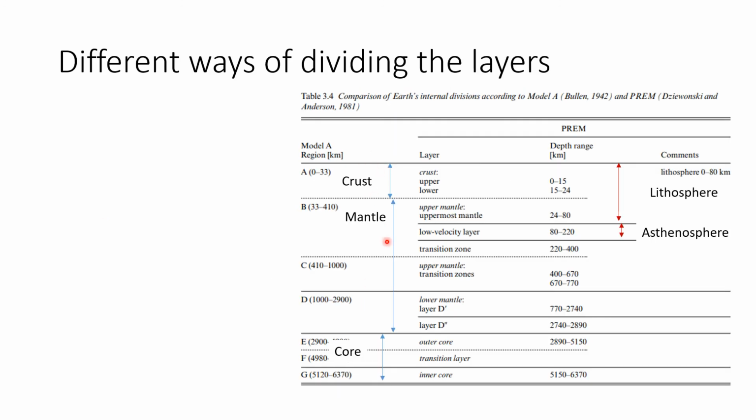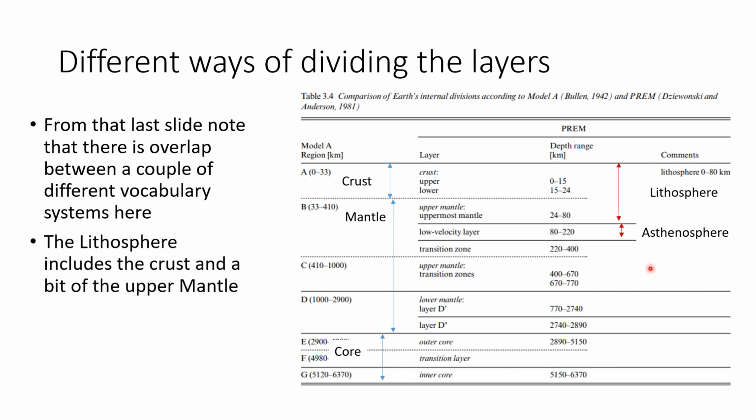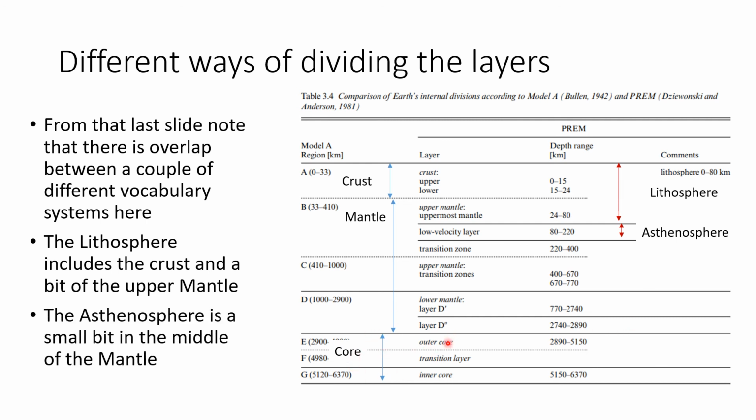And here's that overlap again that we talked about. So you get the crust and mantle here, but then this lithosphere division is the crust and the uppermost mantle. But then you get this tiny little asthenosphere, and you would think, well, why bother to break that out? Well, it's going to be really important because of how it acts. It's going to do a lot of things to make plate tectonics work. And then, of course, below it you have the core, and you can differentiate the core into various parts. And later we'll talk about the